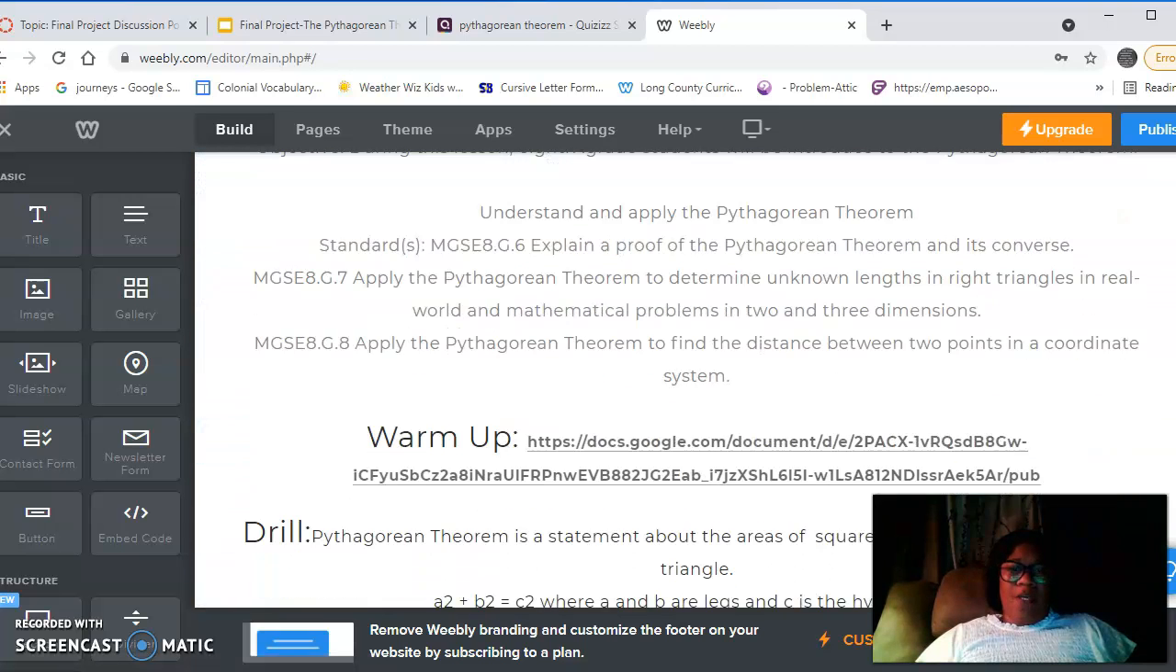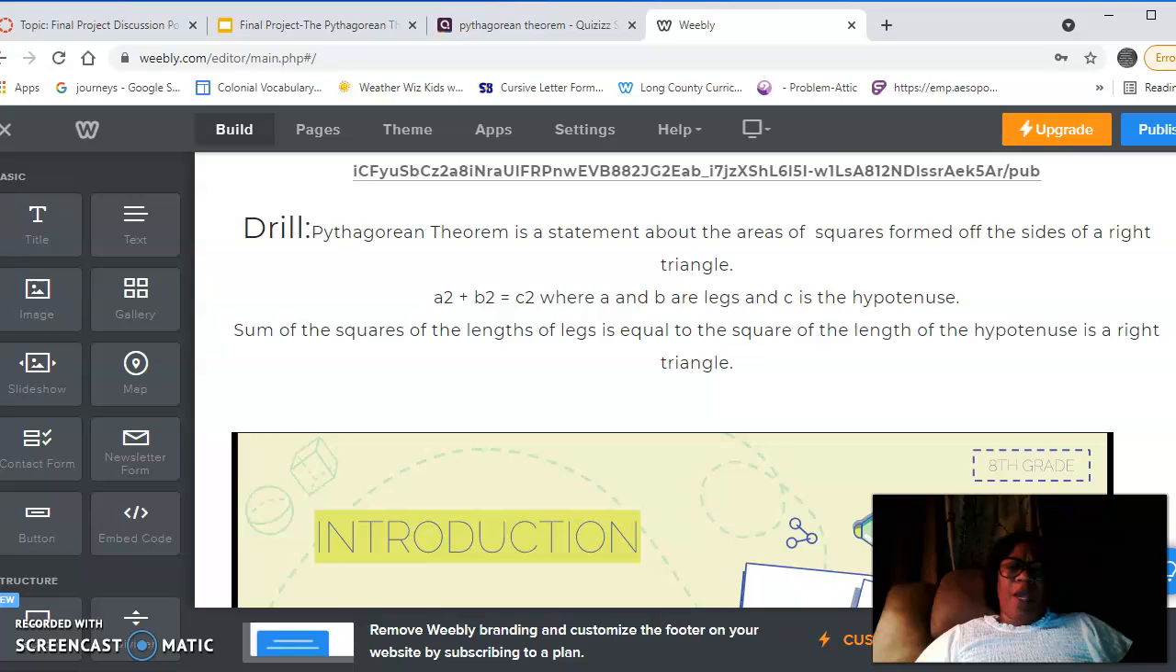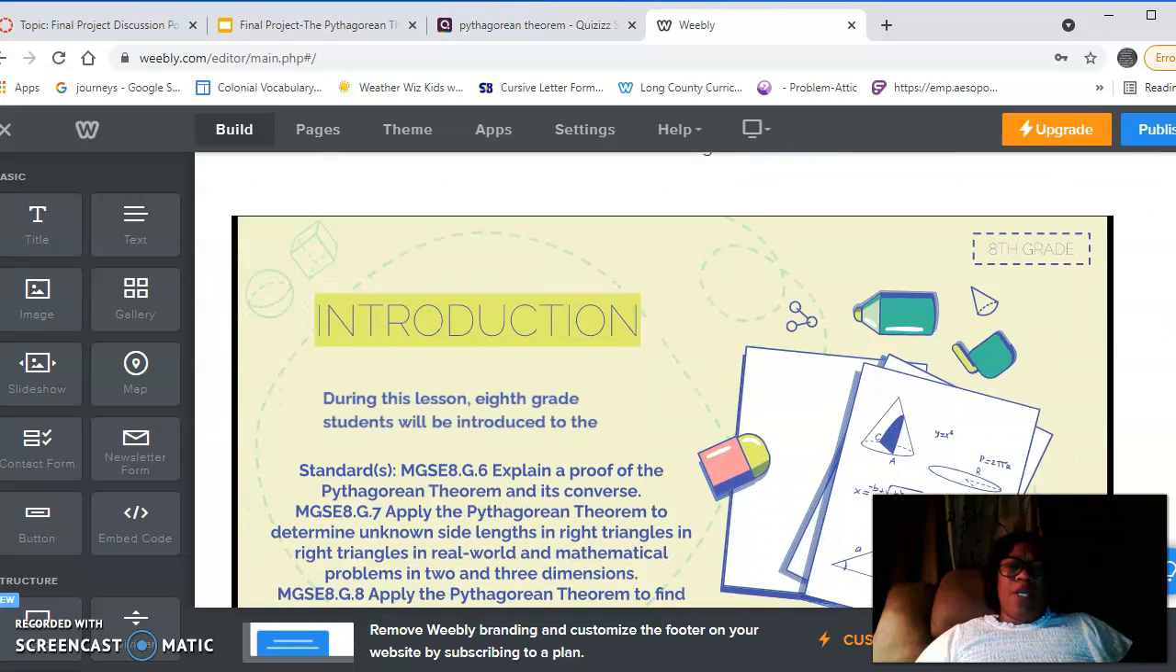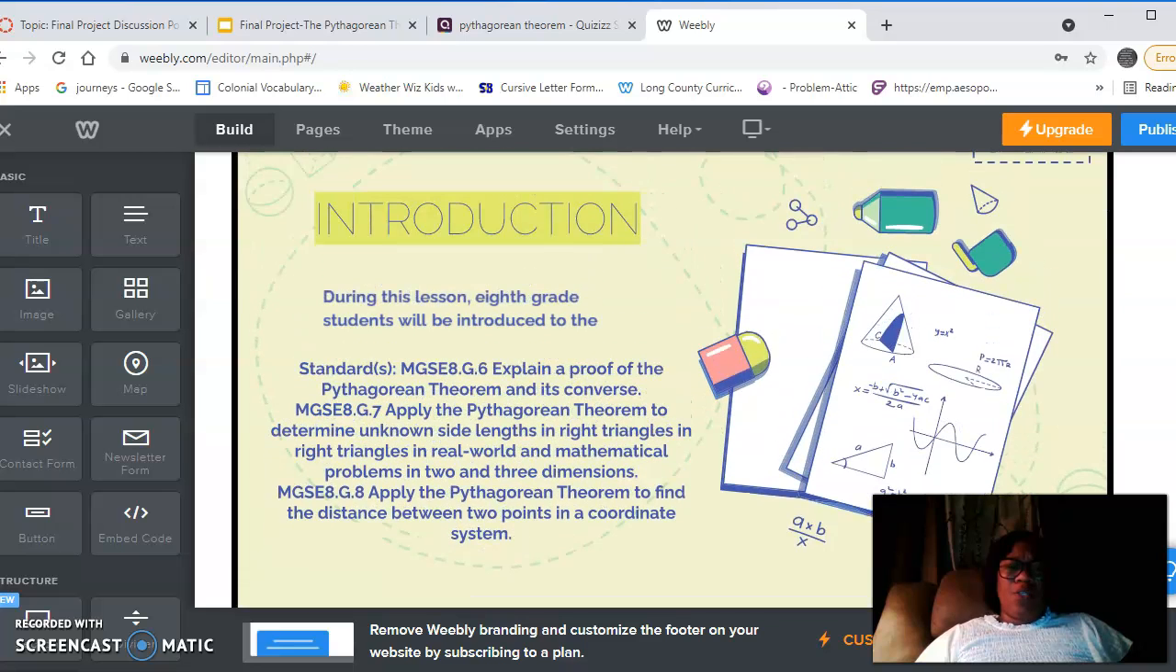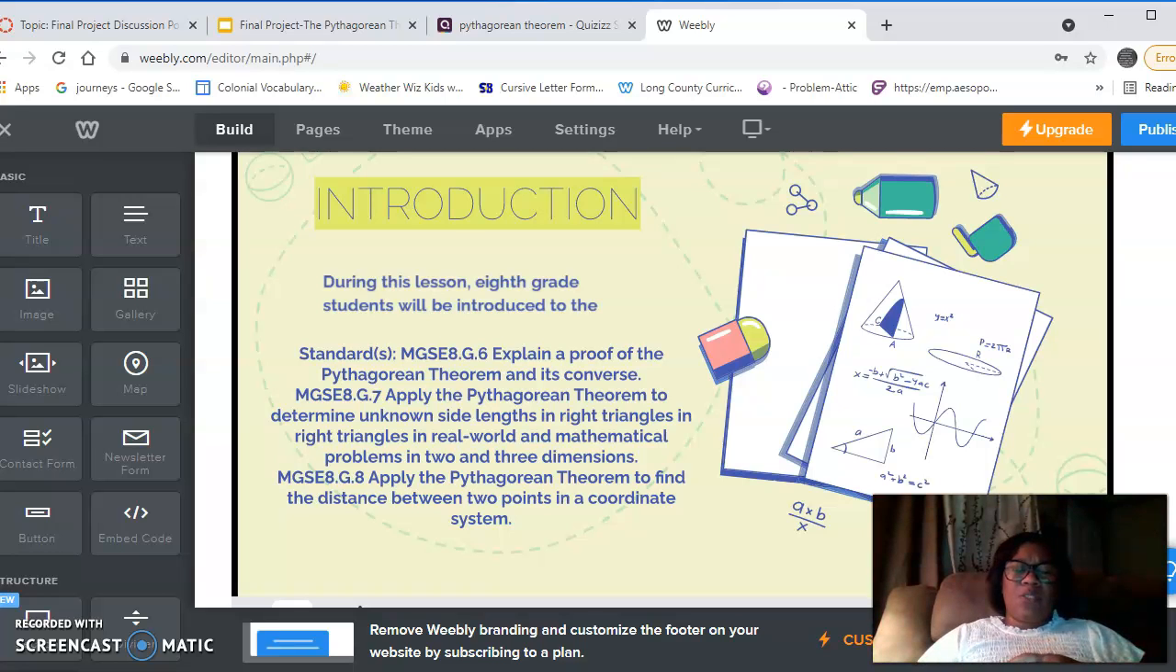Then they have a drill, and the drill just states several sentences that are kind of like I can statements, but they're facts. For day 1, and I broke it down into 4 days, day 1 is an introduction. Talk about, and I listed what they were going to do in the lesson, the standards,